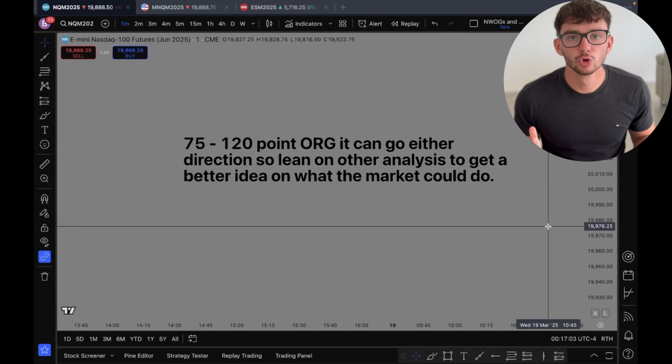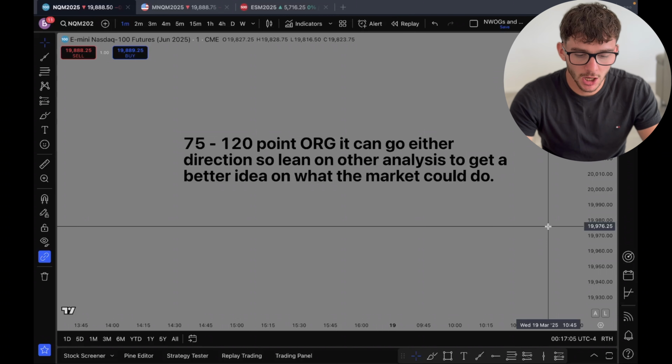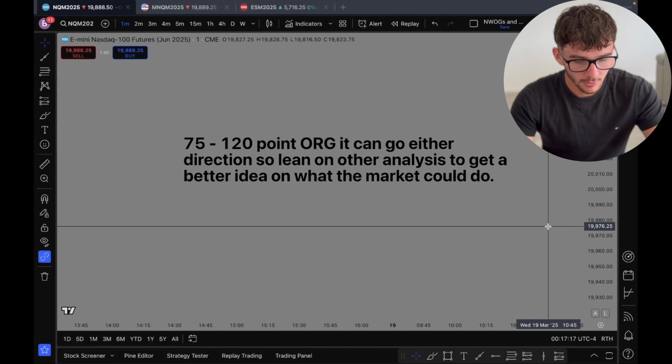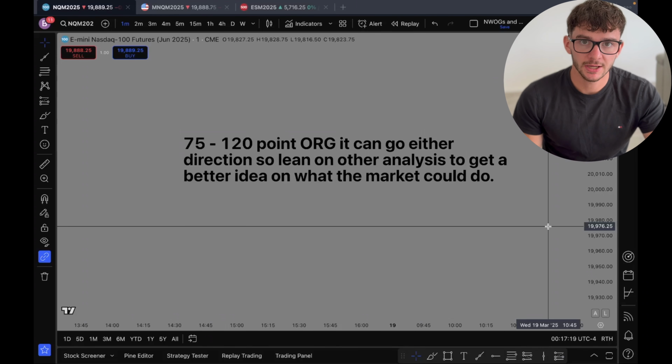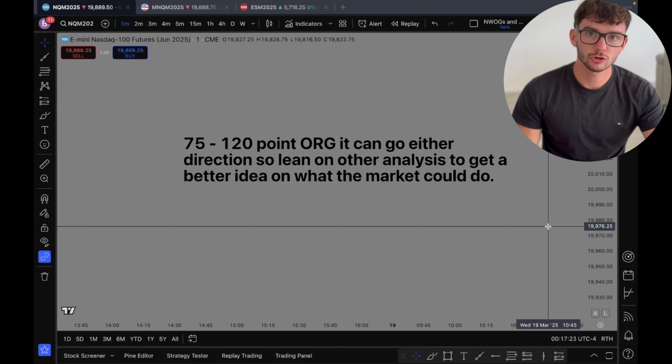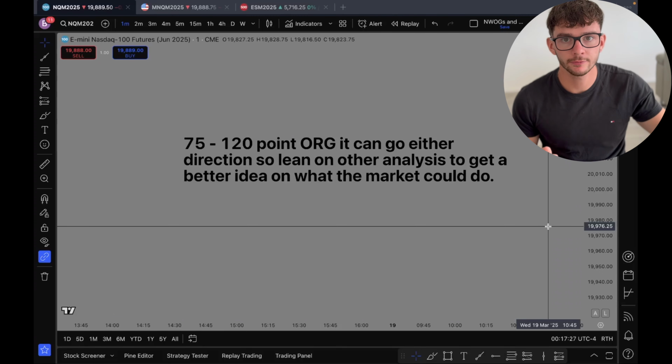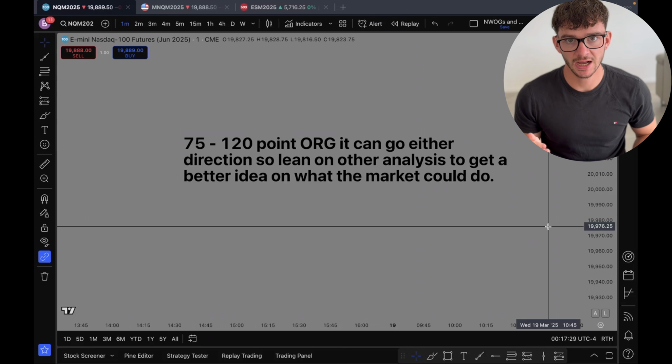And then the final rule or guideline, none of these are hard rules. They are kind of just guidelines, obviously. It's better to have that in trading rather than a specific rule. It's more just a guideline that you can follow, and with experience, you'll learn when to break that rule and when to follow it. But the final kind of guideline is 75 to 100 points opening range gap. That's when it can go either direction. It could just run off, or it could come back and fill part of that